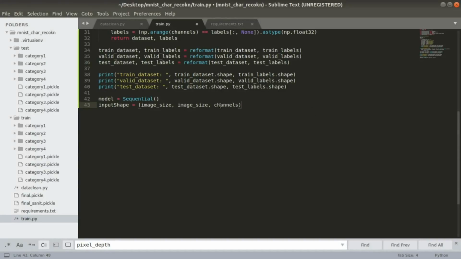Let's define the axis variable. This is needed for the batch normalization layer. Let's define kernel_regularizer. Regularizers allow us to apply penalties on layer parameters or layer activity during optimization.